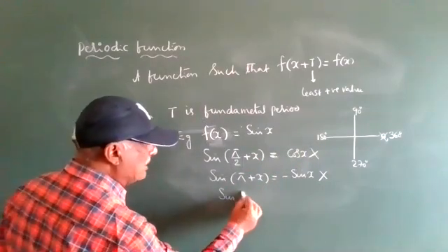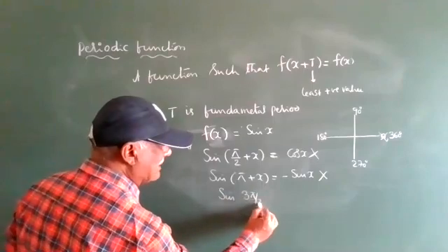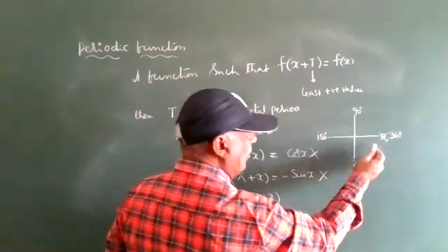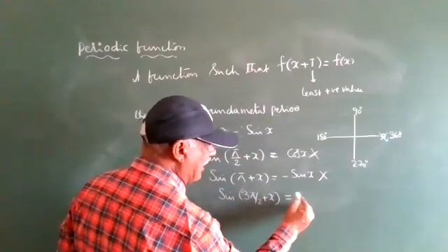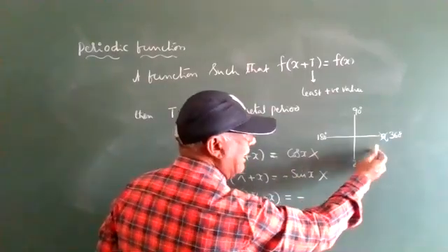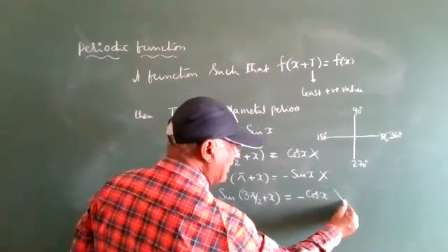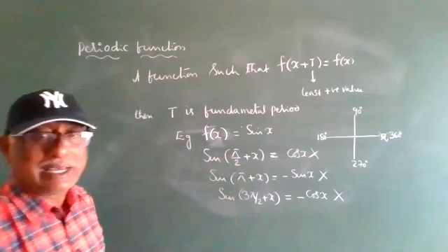Sine of 270 plus x: above 270 is the fourth quadrant, sine is negative, and for 270 the name changes to cos x. It also fails, we do not get plus sine x.